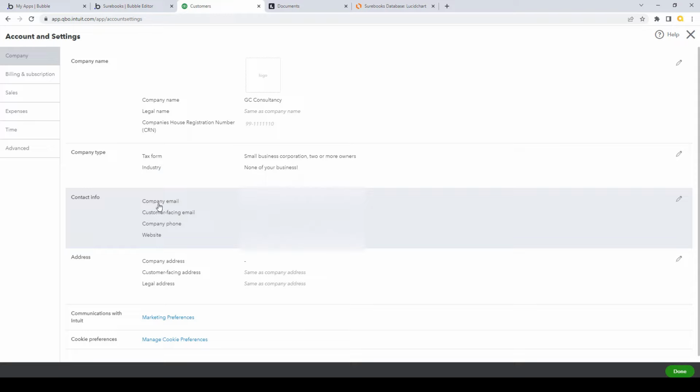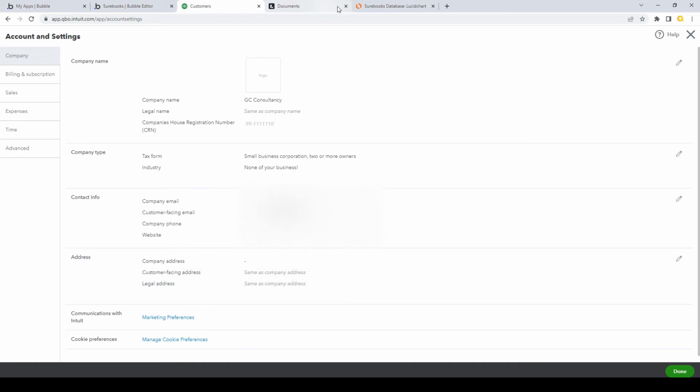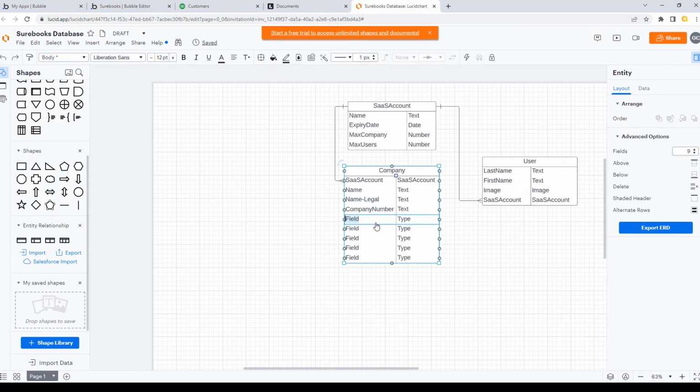and then we've got our company email and our customer facing email. So here you've got, let's try and edit that, this tick, same as email. The way we will fully implement that is that if the customer facing email is empty, that means it's the same as the company email. Okay, so we'll cancel that. So we'll put email, which is of type text again, and for the customer facing one we'll just call this email customer. That's text,